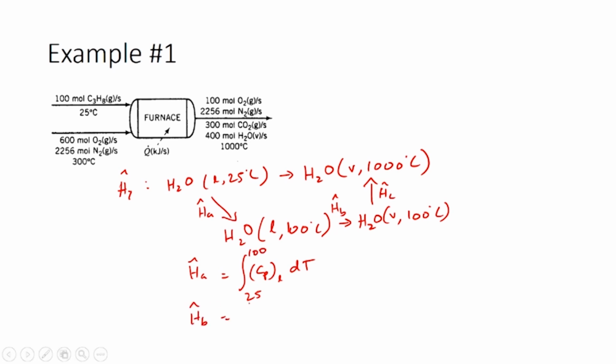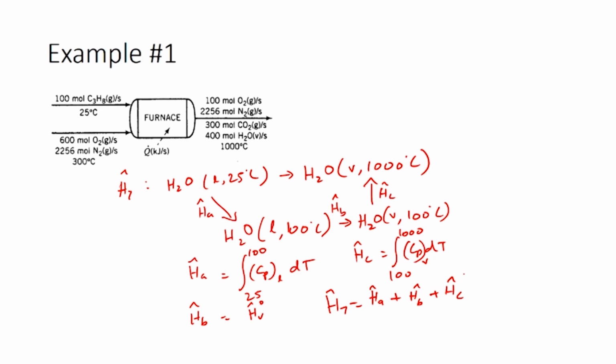HB cap would be equal to the standard heat of vaporization for water, and HC cap would be equal to the integral of Cp dT, where Cp is for water vapor, from 100 degrees Celsius to 1000 degrees Celsius. So, your H7 cap would be equal to HA cap plus HB cap plus HC cap. Or you use the steam tables for the enthalpy of water liquid at 25 degrees Celsius and water vapor at 1000 degrees Celsius and find the difference. Either way, you would end up with H7 cap as